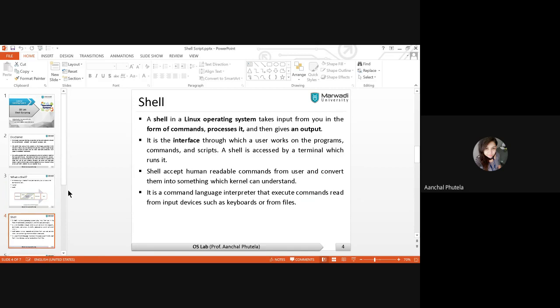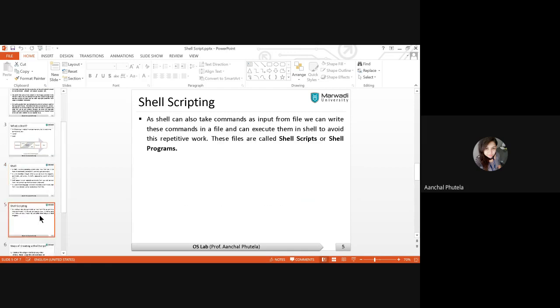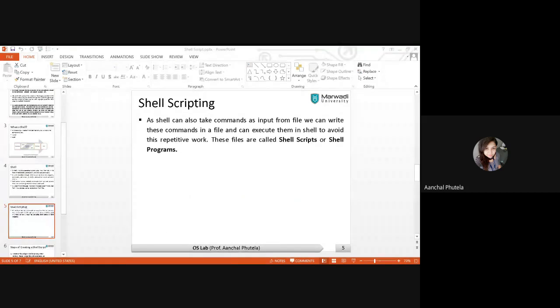Fine. So, what is a shell script now? We used many commands in the last session. If you remember, the cd command, the echo command, the cat command, the pwd command. When we merge many commands, in simple words, a script is a file with many commands.